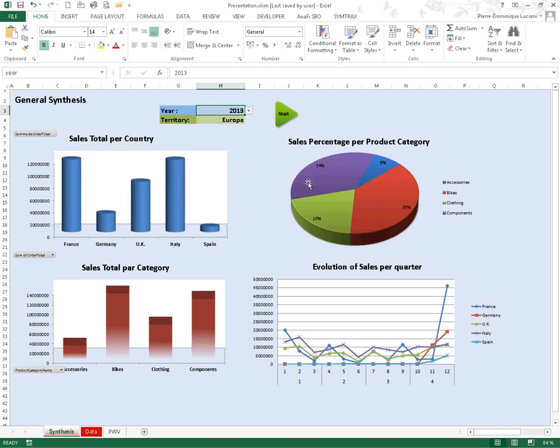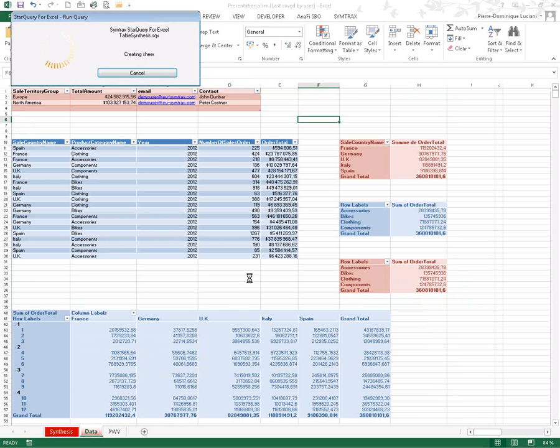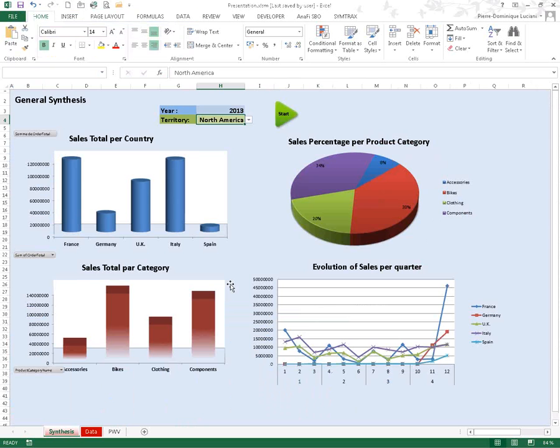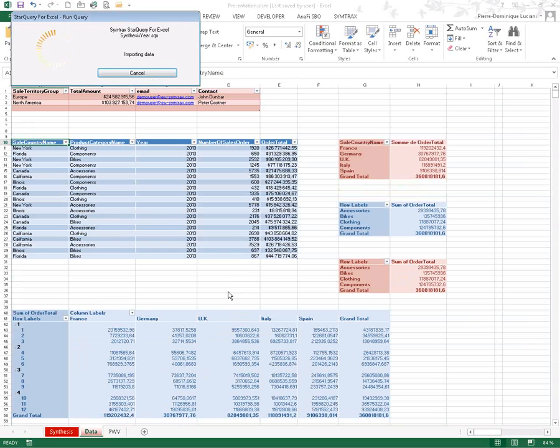So for example, here we have 34% of components for the year 2012, which was the one which had been selected beforehand for Europe, and I'll try and change that for North America 2013, and we'll see how everything is updated. First, we'll see the data in tables, and then you'll see that we also use a Power